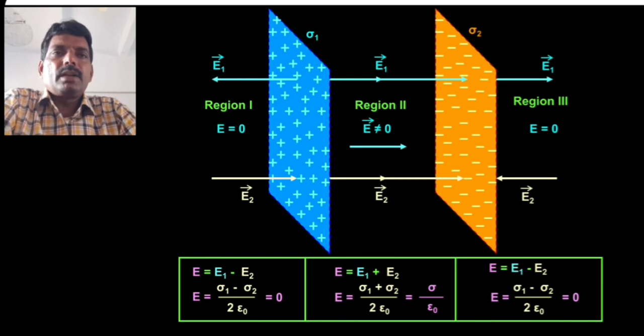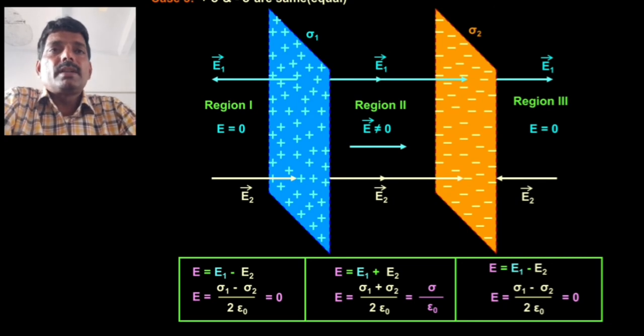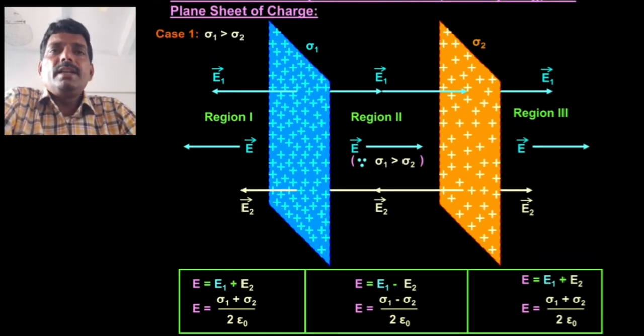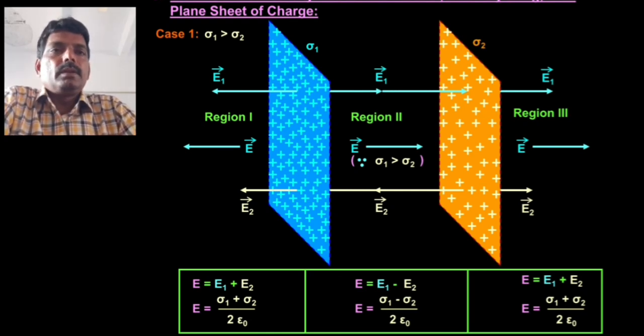So in today's lecture we have discussed the electric field intensity due to 2 parallel infinitely long thin plane sheets of charge. So 3 different cases we have considered here. So once again you go through this and try to clear your concept, and I hope you have understood today's topic. So please go through these topics and make notes of all these things. Okay, so in the next lecture we will see the next application of Gauss law, the remaining things. Thank you and have a nice day.